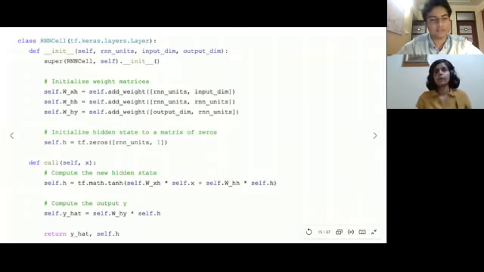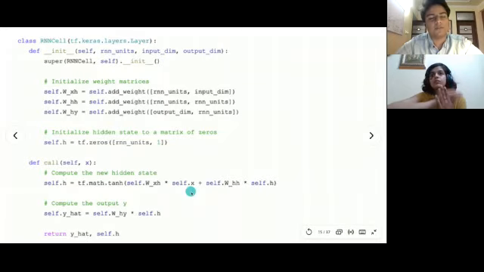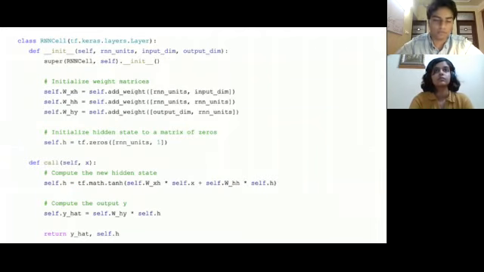So now that we've initialized all the parameters, we can actually do all the calculations. These two lines may seem a bit daunting to you, but they're really not. They're very simple, and Pooja talked about them. Here we're taking the current cell input X and multiplying it by its weight matrix WXH. Then we're taking the previous hidden state H, multiplying it by its weight matrix WHH, adding the two, putting it through a tanh, and we've got our new hidden state. It's the same formula that Pooja talked about.